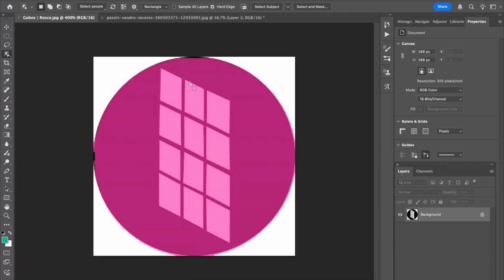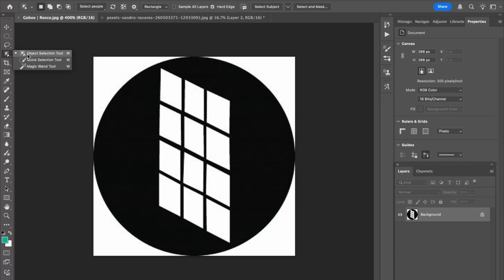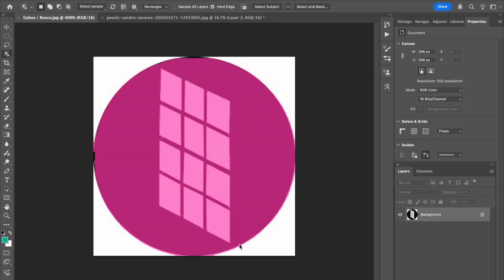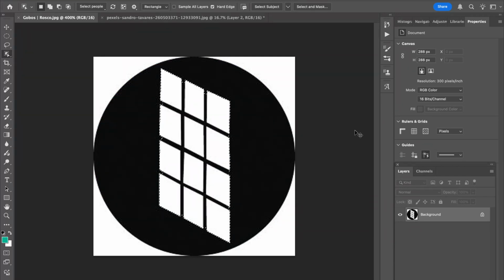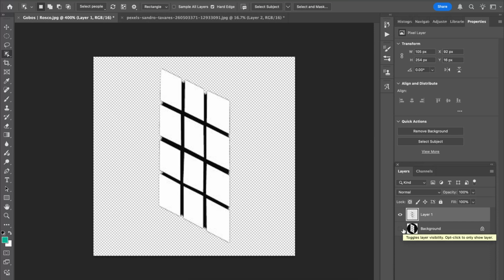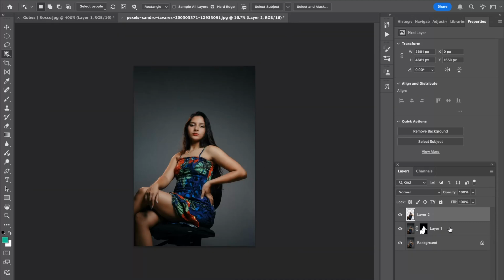Now what you need to do is remember the image which we had downloaded, the snoot effect. To this image, let's make a selection of this snoot effect by going for object selection tool, make a selection like this, and then press Command J. The selection is nicely done. Now click on this, press Ctrl C or Command C to copy this and come back to this image, and then click and drag this layer on top of this,